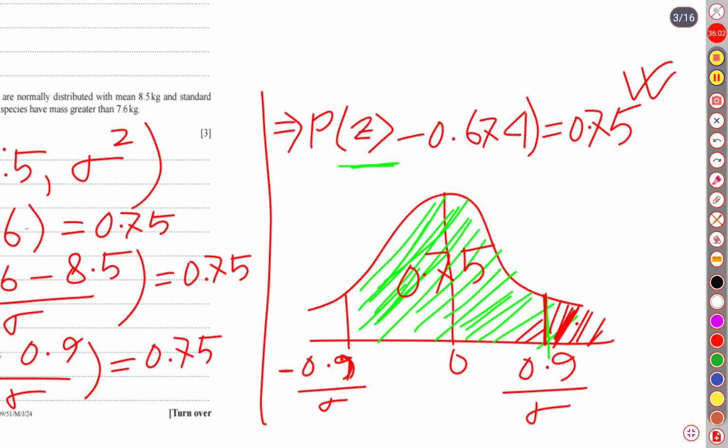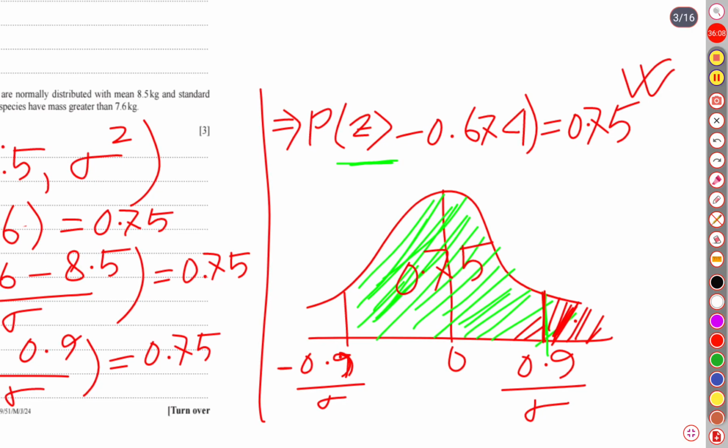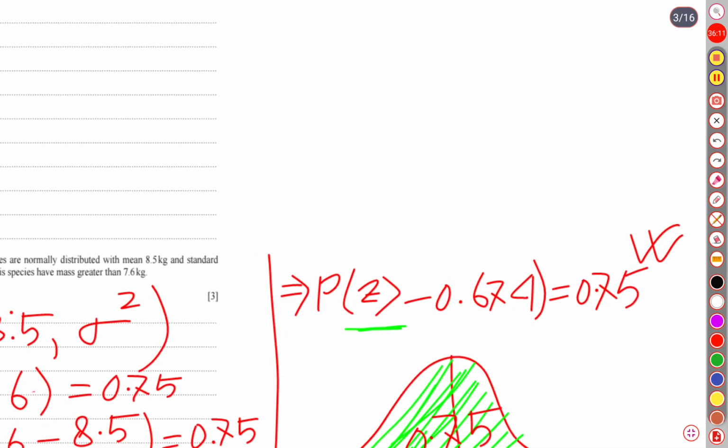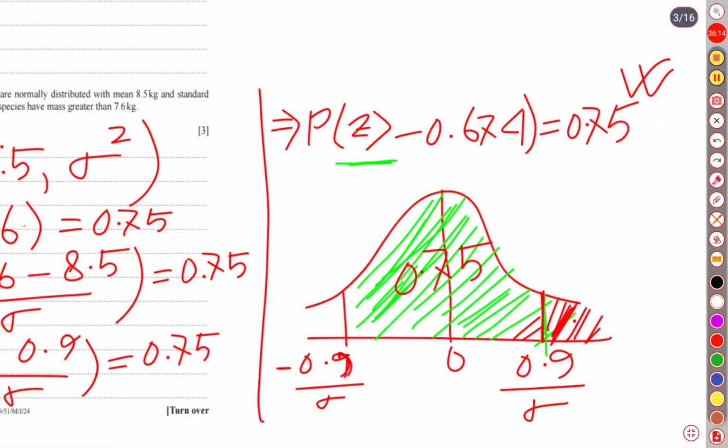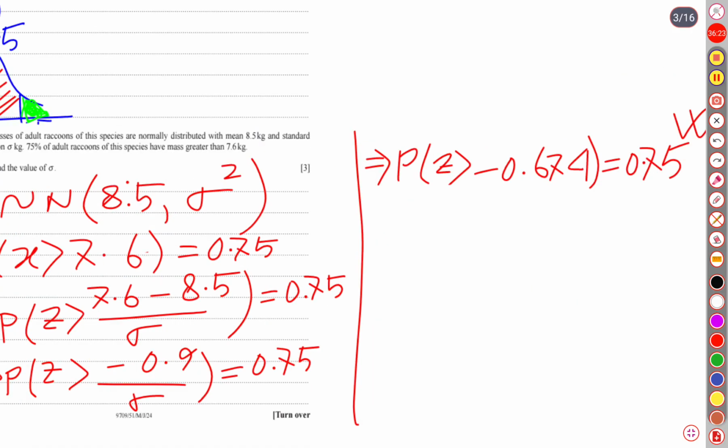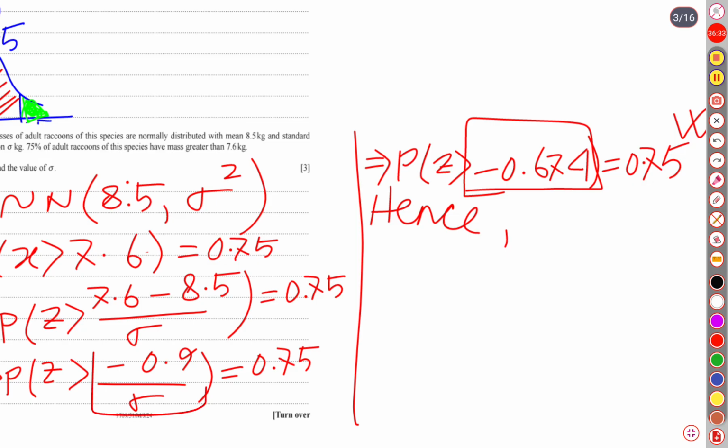Both of them are negative in this case. Well, so let me erase the graph. Hence we can write both of them: this portion is z greater than, this portion is also z greater than, so they must be equivalent, and the symbol is also negative, the same in both cases. So it is going to be 0.9 over sigma is equal to